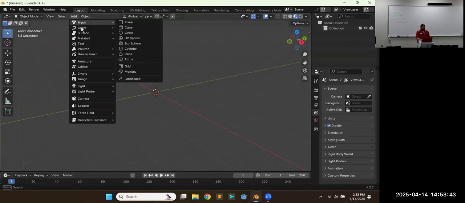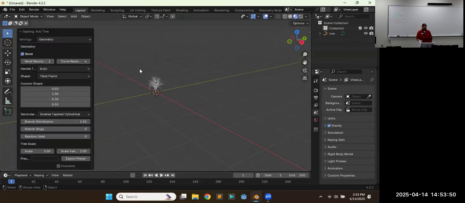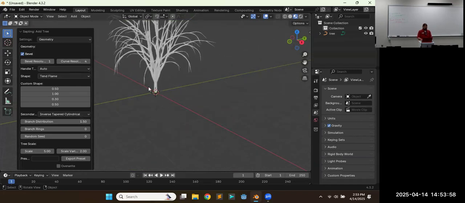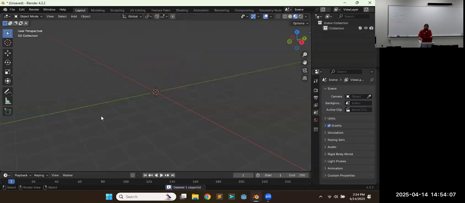So now we're gonna add, and this one's under curve. We'll see this on Wednesday. But when we click that and make sure you're seeing the box here, we have a tree that is all parameterized. And as soon as you click somewhere else with these parameter things, we can no longer get back to those parameters and adjust